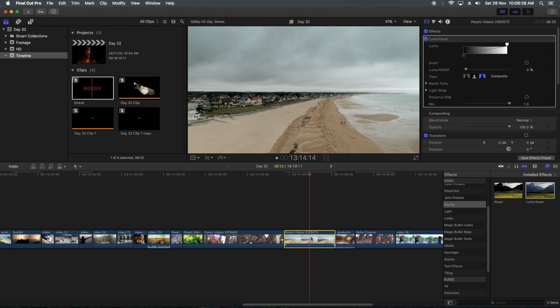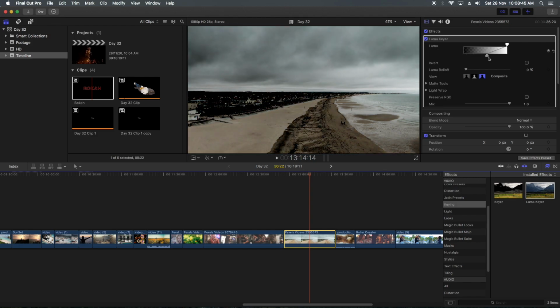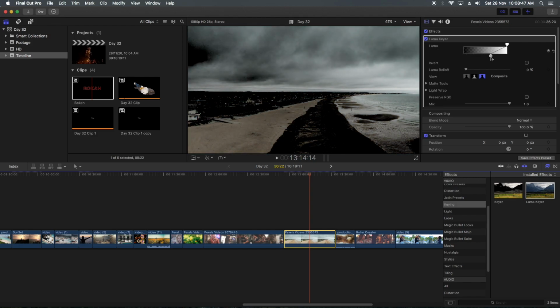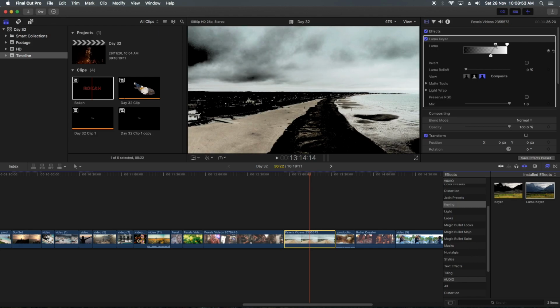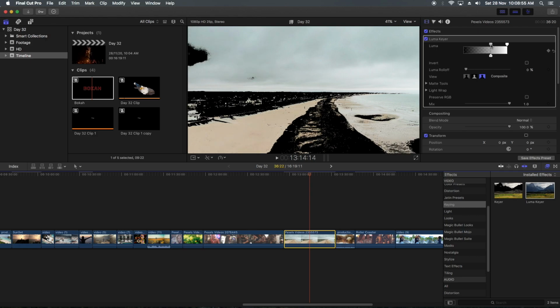As soon as I put Luma key into the video, I have to come to video inspector. In video inspector you will see the Luma Keyer filter in it. On the top it's the brighter values, on the bottom it's the darker values. If I drag, you can see darker values going darker. If I move this, the brighter values are going brighter. Okay,